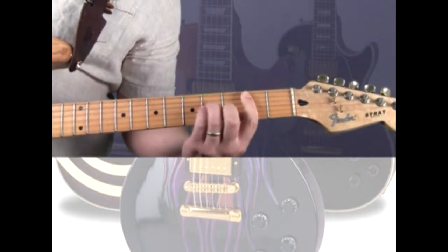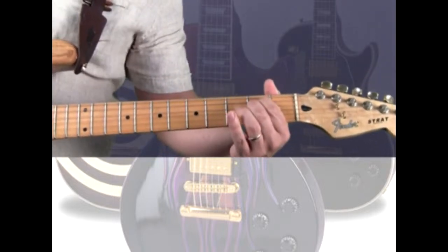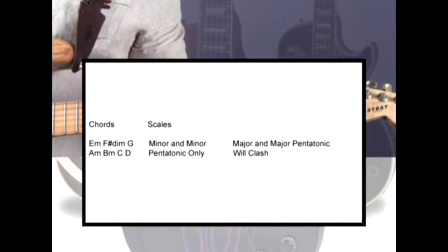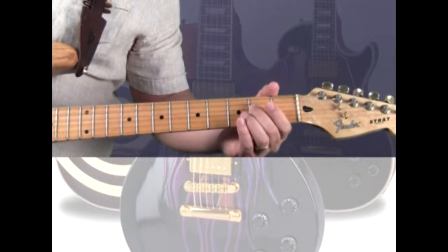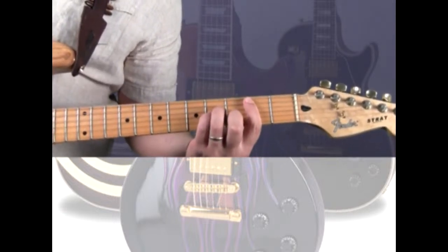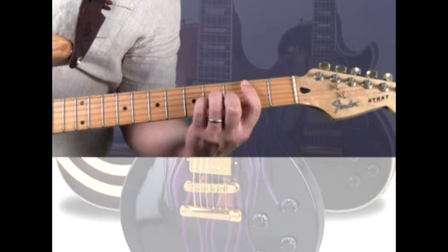Something like this. All three chords are derived from the E minor scale, but if you start on the E note, it might not sound exactly like you want it to over the B minor chord. So in cases like this, if we use the E minor scale but start on the B note and move with the progression,